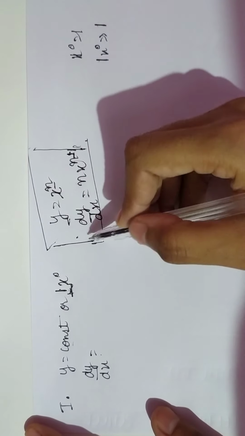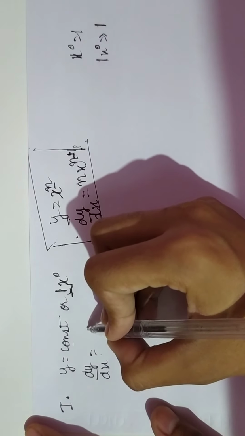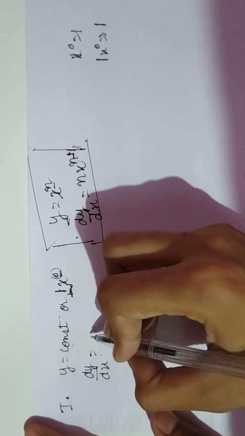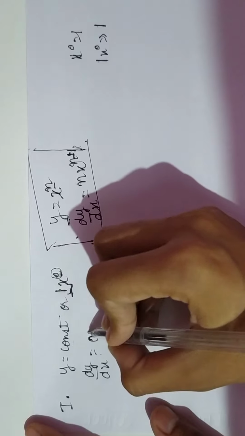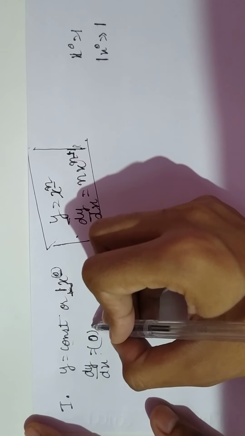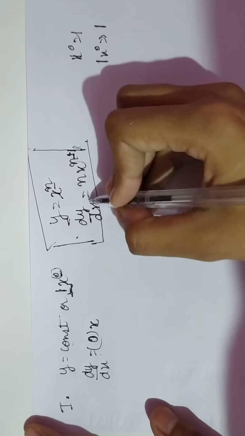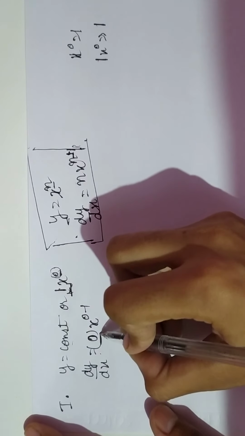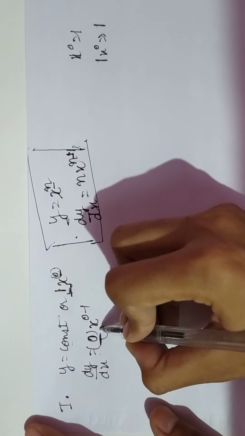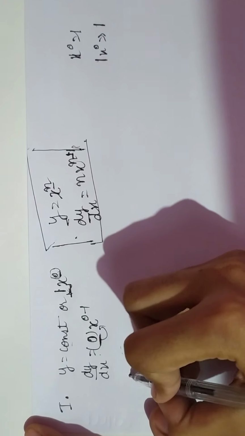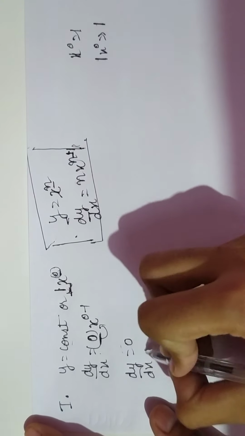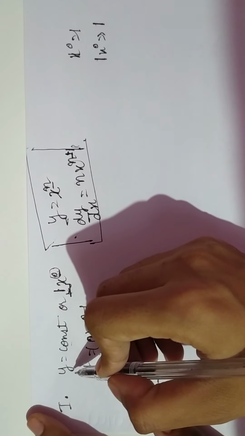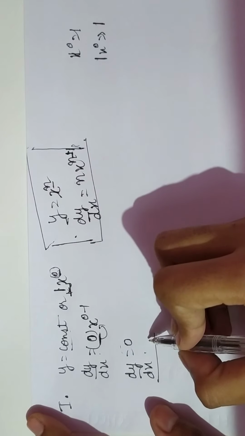And according to the formula, first of all, we need to write the power of x, which is 0 here, in front. We have to write this power, that is 0. And now we have to write x to the power n minus 1, that is 0 minus 1. First of all, you can see here I am getting 0, and anything multiplied with 0 will give 0. So what we can see from this is that the differentiation of any constant value is always equal to 0.